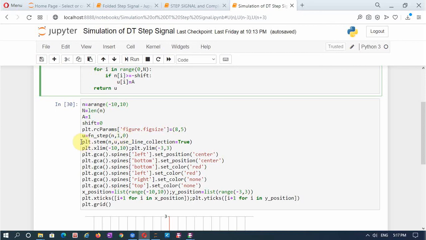Then another change that you should note for discrete time signal is we are plotting it as a stem plot and not a continuous plot. So to plot it as a stem plot, the command is plt.stem, and here within the parenthesis we have to define what is the x-axis and what is the y-axis.